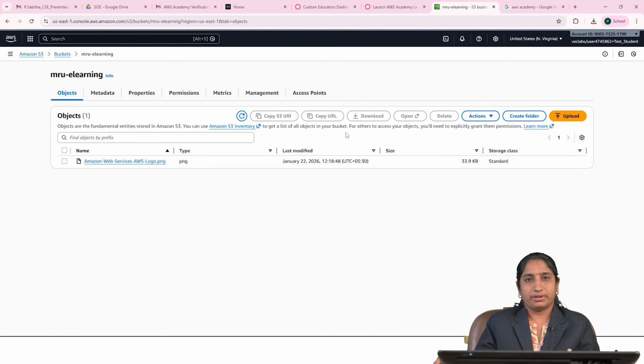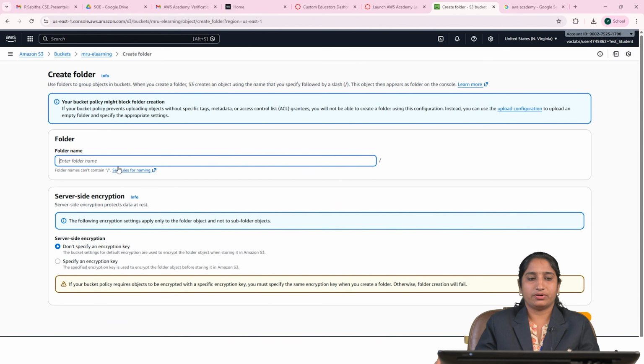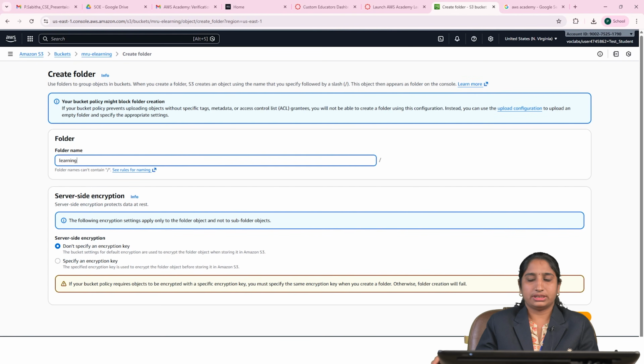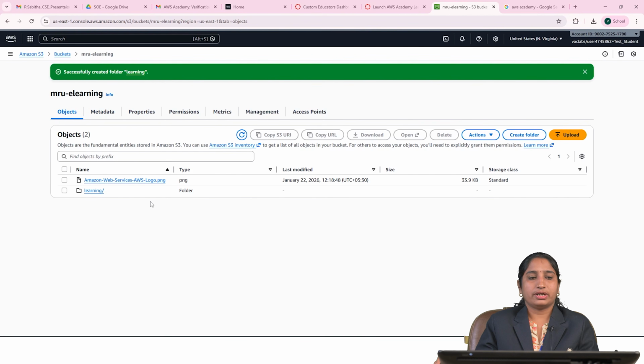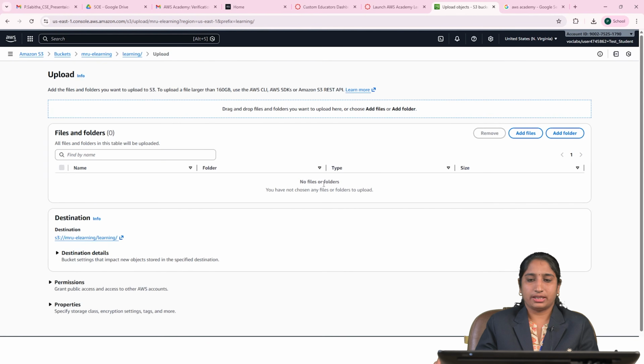Now I am going to explain how to create a folder and upload a file into the folder. Click on Create folder and give the name. I am giving the name as learning and art. Just click on Create folder. In the same bucket, you can find one folder is created. Now I am clicking on the folder and uploading. Here also you can upload files. So click on Upload,